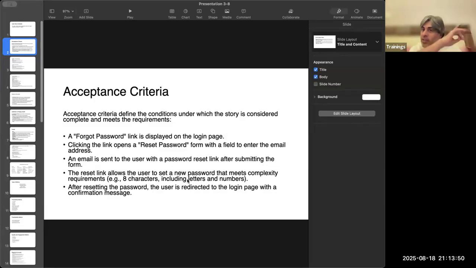Suppose if there is no acceptance criteria, developers write a story. After 10 days, PO says, boss, this is bullshit. We needed letters and numbers. Why are you only accepting letters? But that was never discussed. So there is a conflict between PO and developers now. Why? Because there is no acceptance criteria. You understood? If there is no acceptance criteria, there is every chance that there will be a conflict between PO, developers, QAs, and the stakeholders.